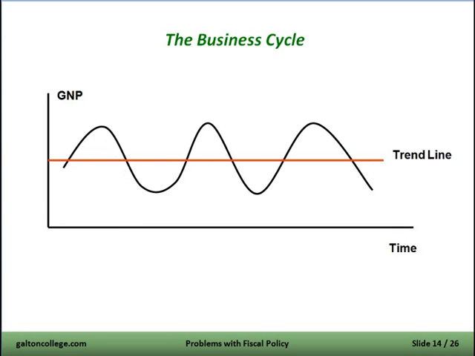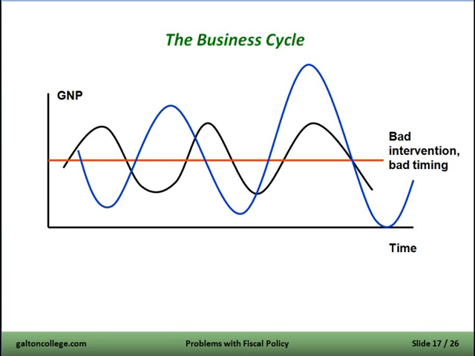And if we have a look at that, that could be the picture. It could be that the government sees the economy rising here. It doesn't know that it's going to dip on its own accord. It doesn't know when it's going to happen. So it has a counter-cyclical policy, so it cuts back government expenditure here, which is ultimately going to add to the downturn here. Then the economy is going to pick itself up here. The government doesn't know that, so the government adds to it.